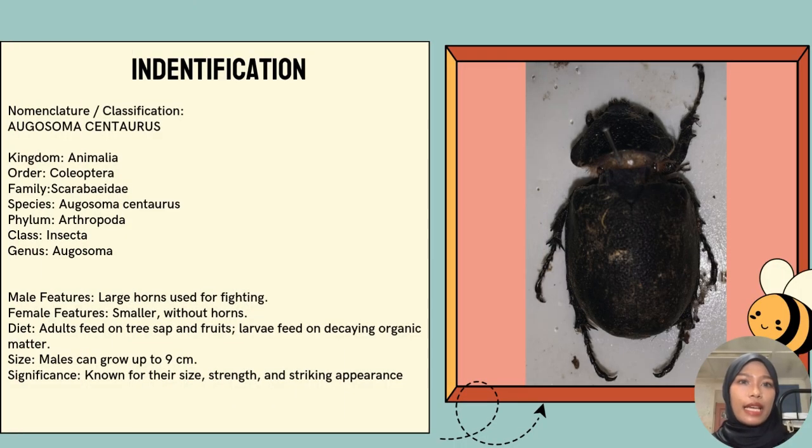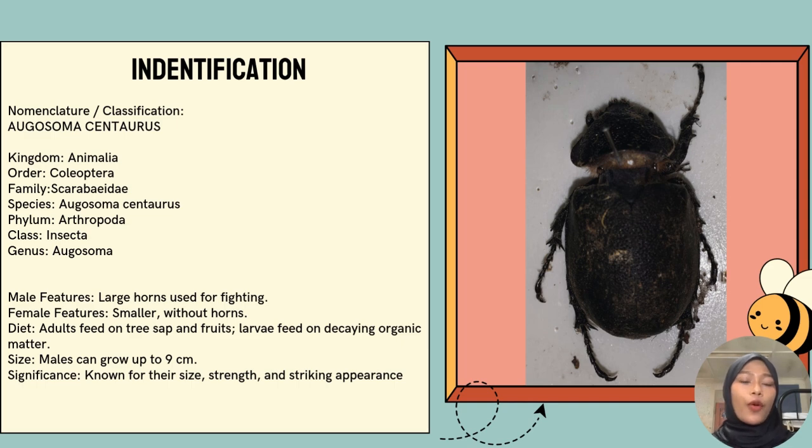The next insect is Argosarus centaurus. This is one of the beetles that can be found in Asia. This insect is from kingdom Animalia, order Coleoptera, family Scarabaeidae, and species Augosoma centaurus, phylum Arthropoda, class Insecta, and genus